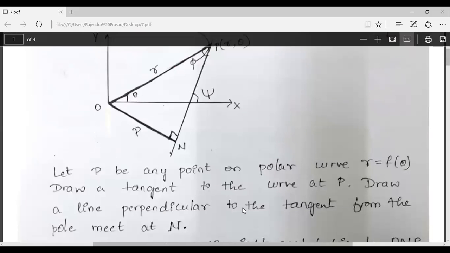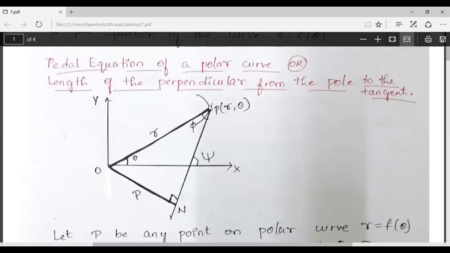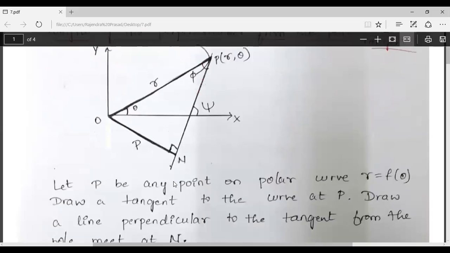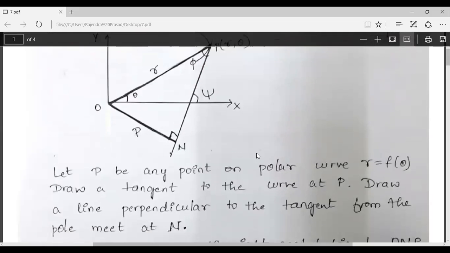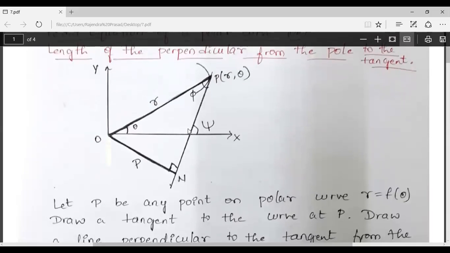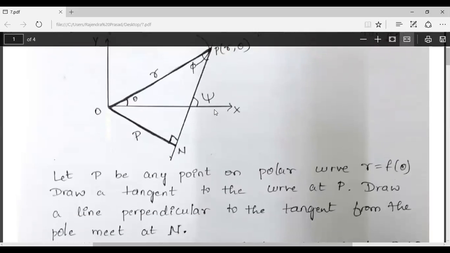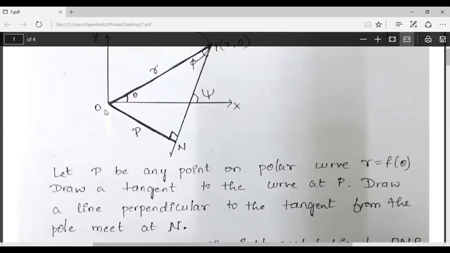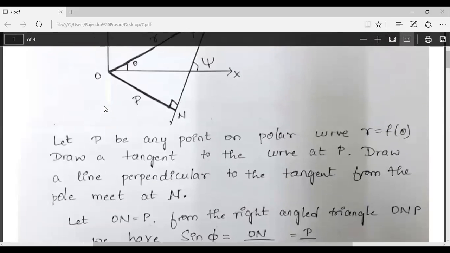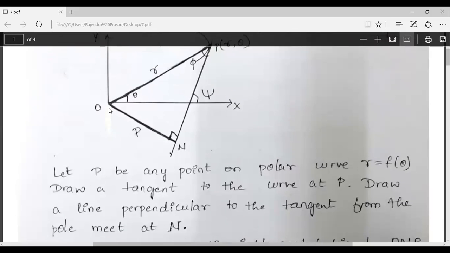Draw a tangent to the curve at P. Now we have to draw the tangent, right? Next, draw a line perpendicular to the tangent from the pole. Observe carefully here. This is the tangent. Next, draw a line from the pole O, right? So from the pole O, we can draw a line